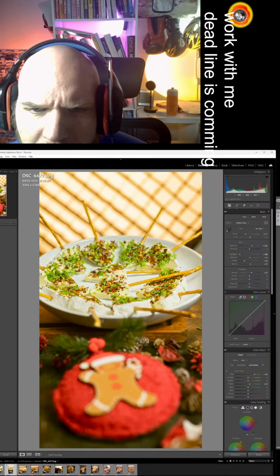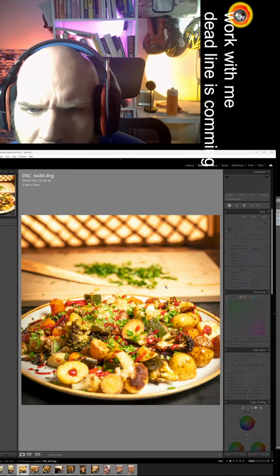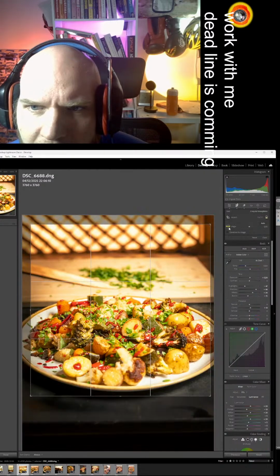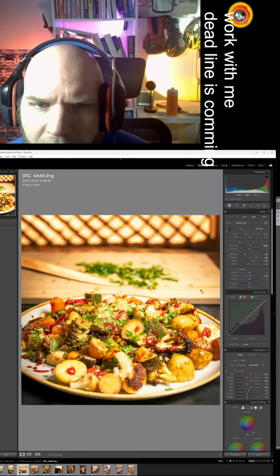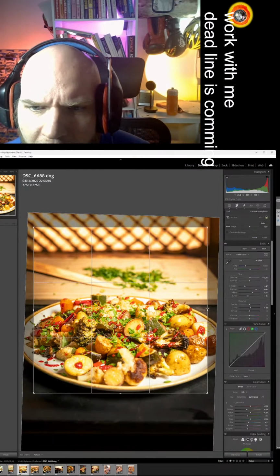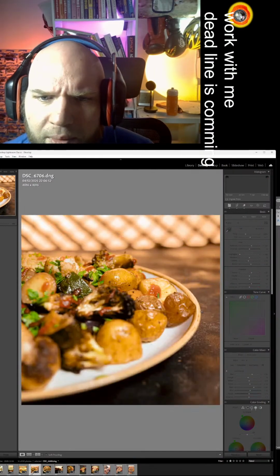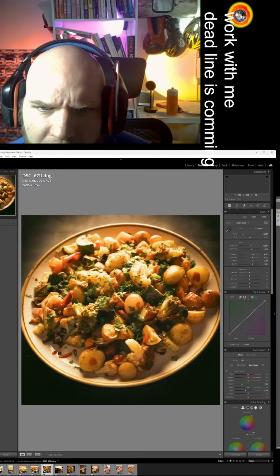Number 4. A little bit skewed, let's make it straight. The reference point is the board. And now we need to cut from that side to be sure that the board is in the middle. Good enough. That's okay. That's also okay.